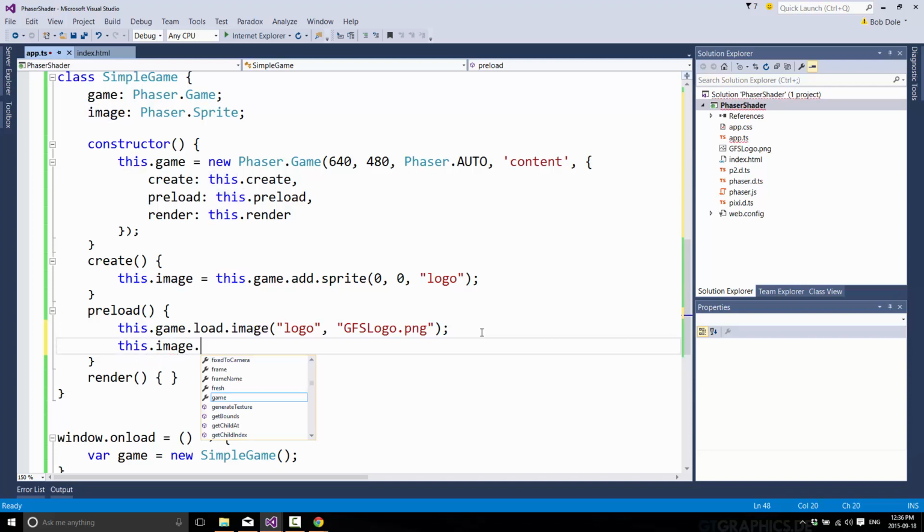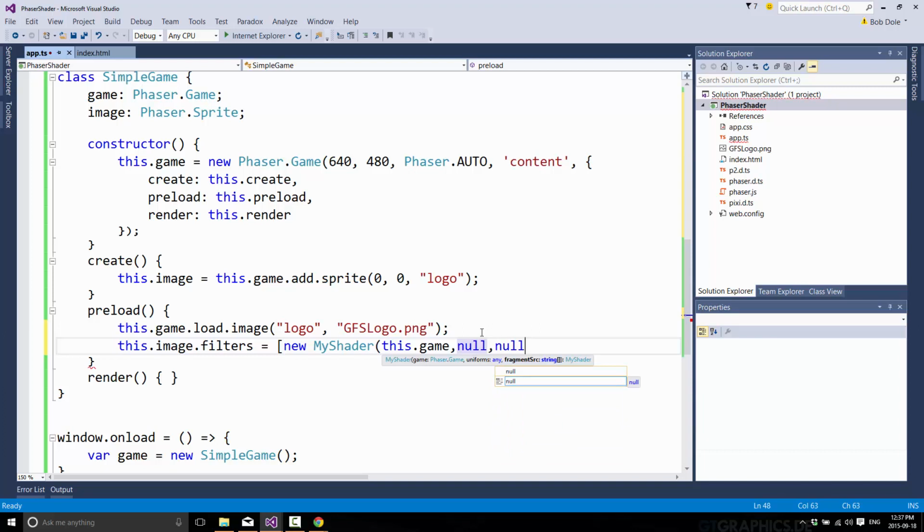this.image.filters. Notice it's plural. And so you can pass in an array of filters, but we actually only have one. So we're just going to go ahead and go new MyShader. And it takes a this.game and a pair of other values that aren't actually used. We could actually remove those from our version, but we're just staying consistent with the base class. And I think that's it. So in theory, if I go ahead and run this now,